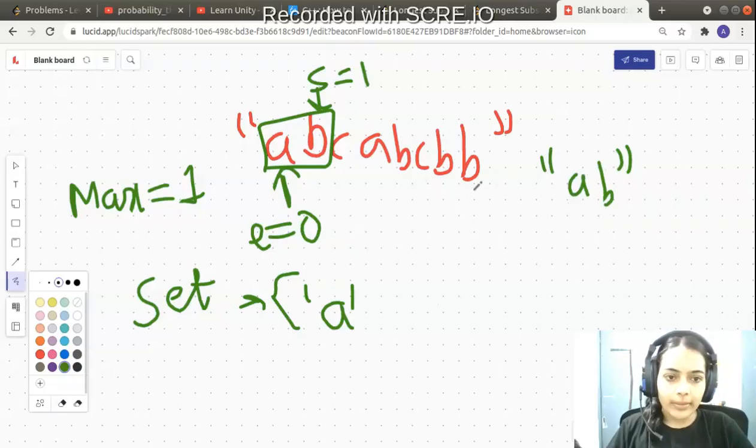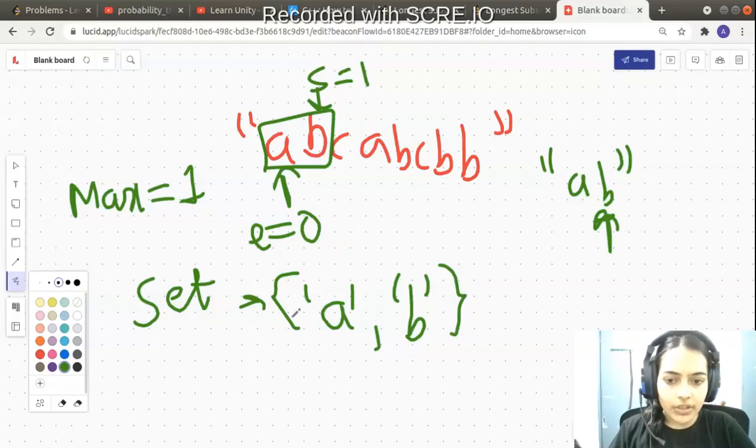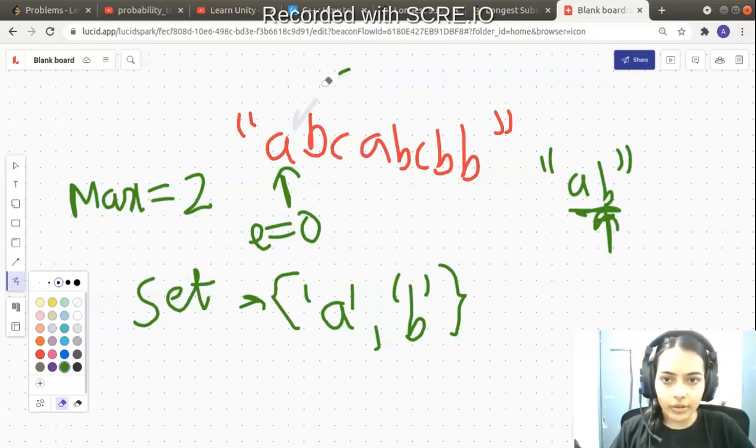And how do I know that? Because I have just seen a character B. I have never observed this character B before. How do I know that? I will check my set. My set doesn't have B. So if I am seeing a character for the first time, I can add that to my set, and also I know that it's a unique character because it was not already there in my set. So I'm seeing it for the first time. Now the substring AB is of length 2, but the max is of length 1. So I can change my max because I have found a substring which is of length 2 and it is having unique characters. Now let me again go ahead in my quest to find a greater substring.